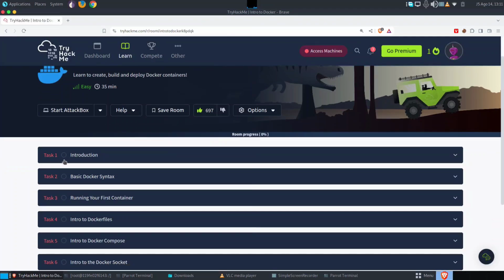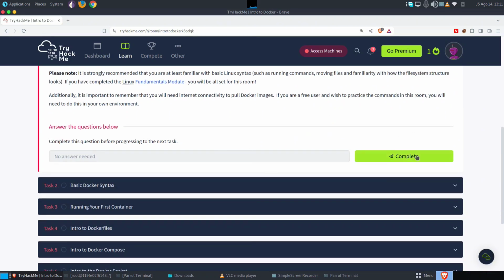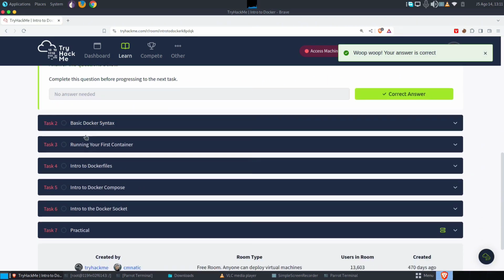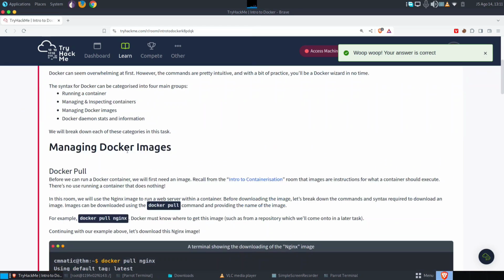Here you can see task number 1, introduction. If we go, we can see the overview of what we're going to learn in this video. So I'm going ahead and clicking complete because there is nothing to learn over here. Now, if we go to task number 2, we can see basic Docker syntax, or different commands you can learn